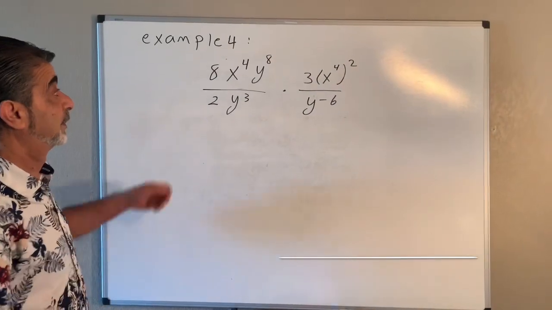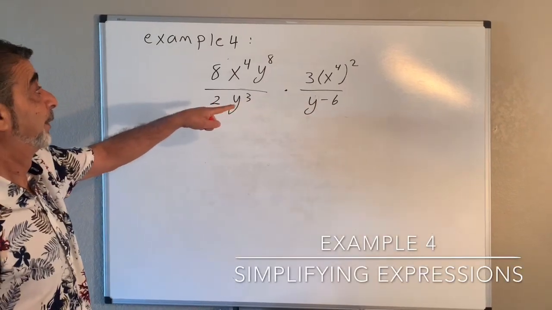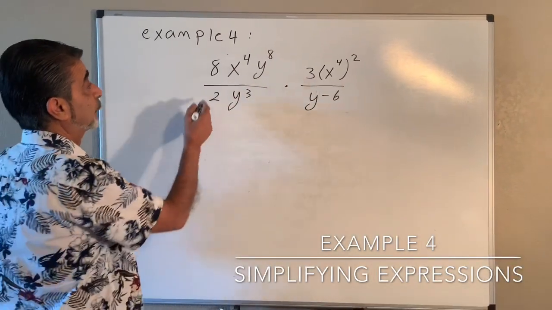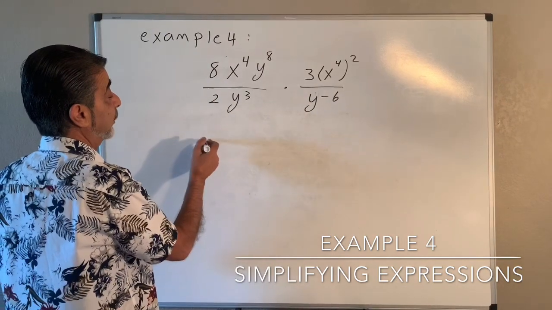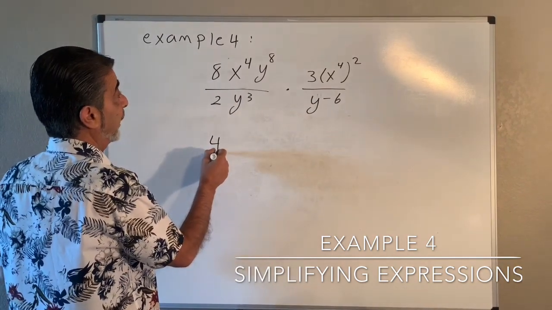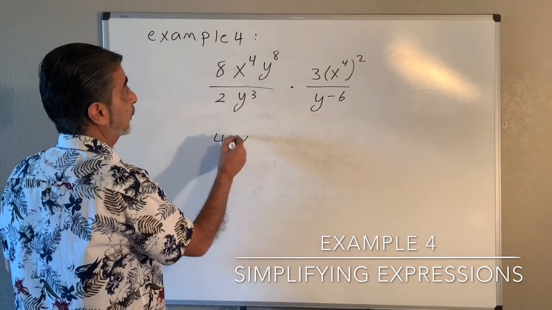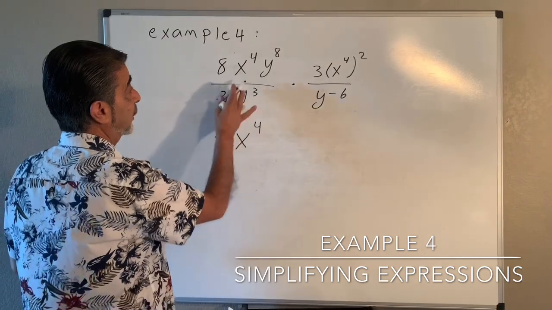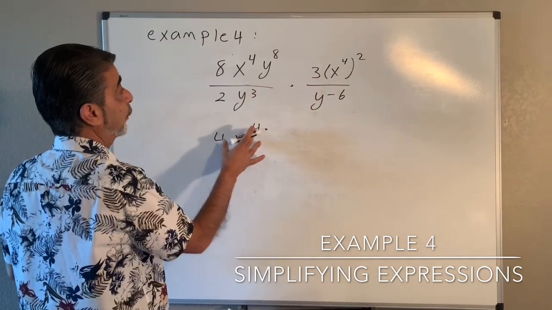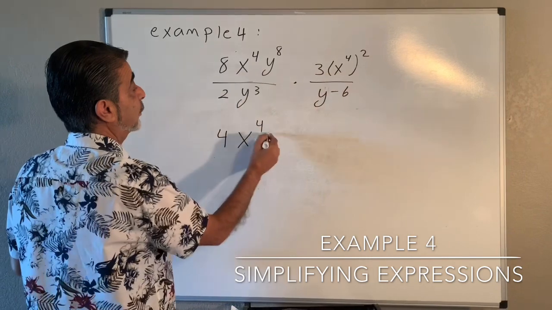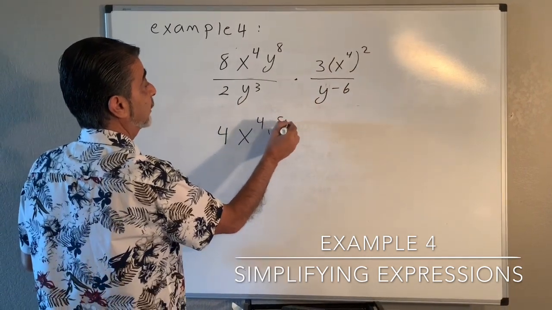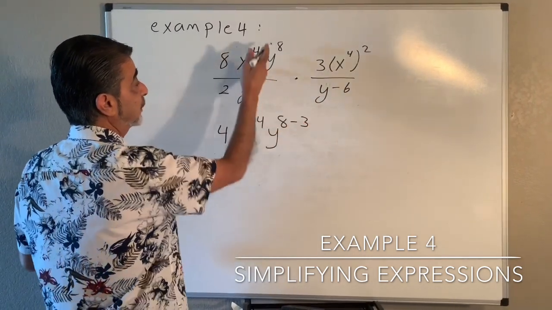Okay, we have this example, we have to simplify. Now the first thing, we start with 8 divided by 2. 8 divided by 2 is 4. Then we have x to the power of 4. We don't have x in the bottom, so it stays as x to the power of 4. Now y to the power of 8 minus 3, we subtract the exponents, this is division,